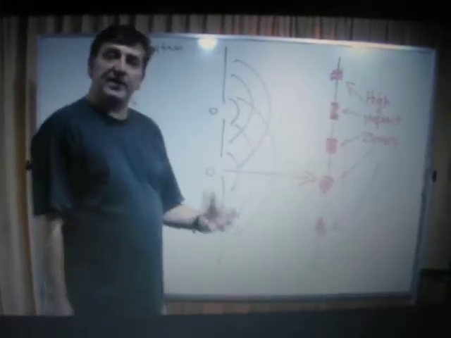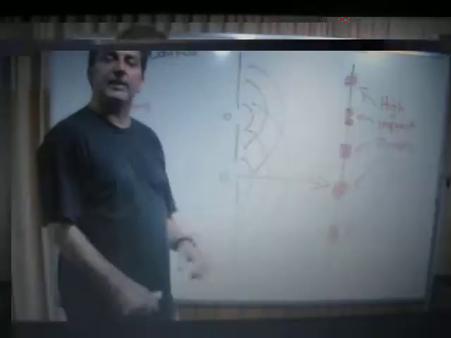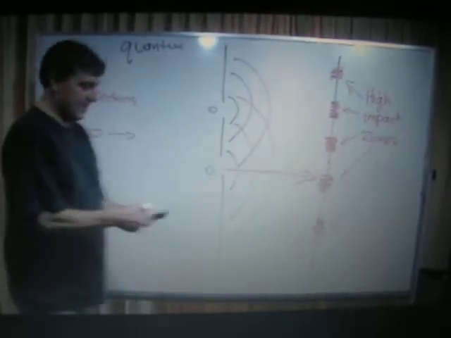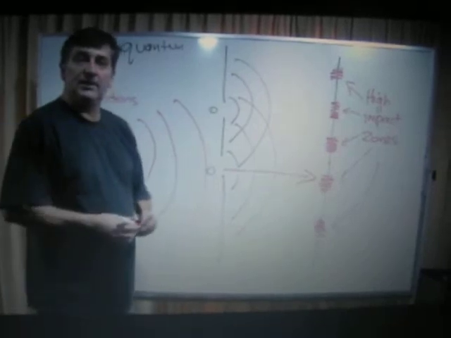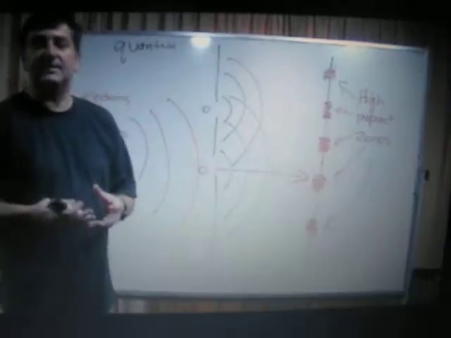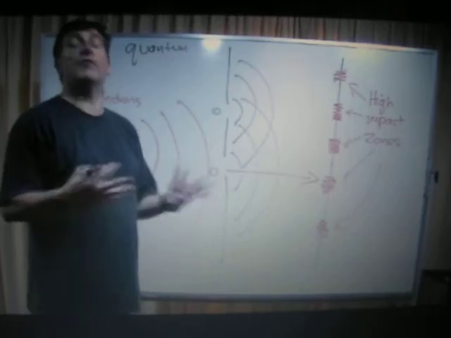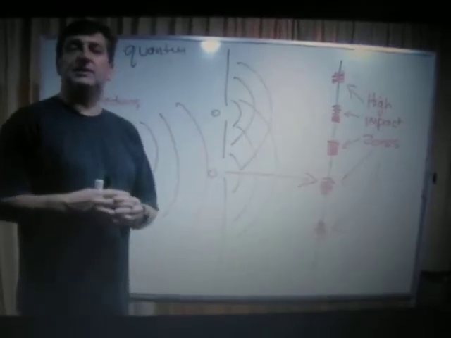The mere fact of observing which hole the electron actually went through meant that the wave nature of the electron collapsed and the electron became a classical type particle and hit the rear wall. This is the mystery, I guess you'd call it, of the wave-particle duality of light, or of matter. Once we observe it, it collapses into its classical state.